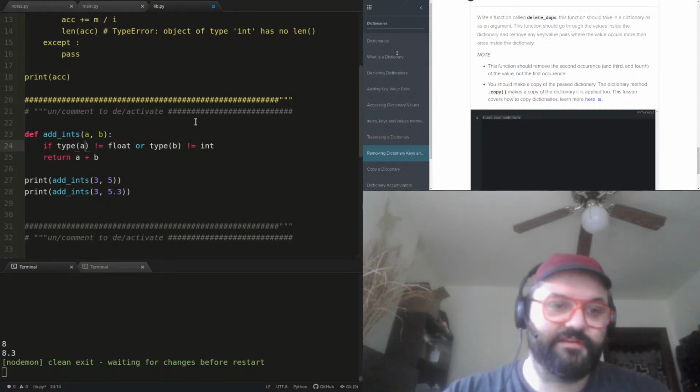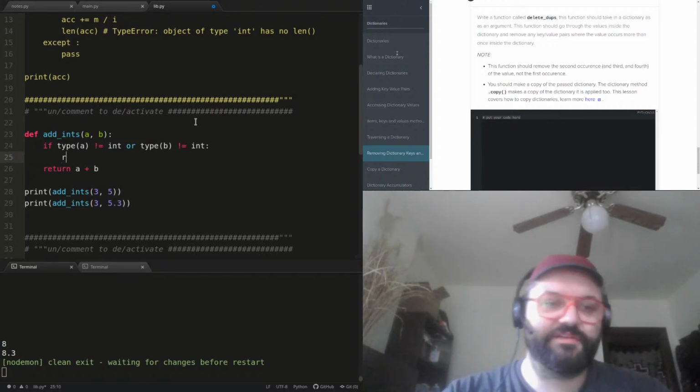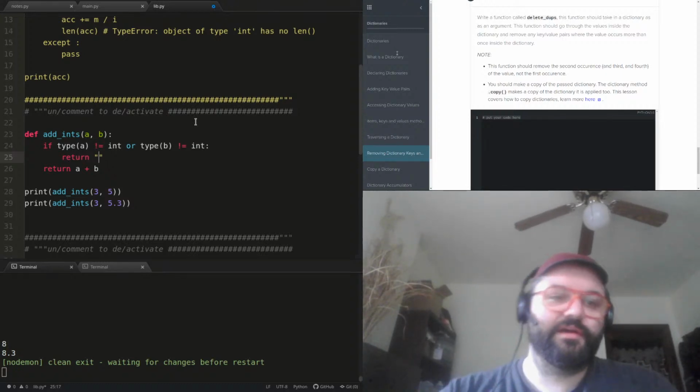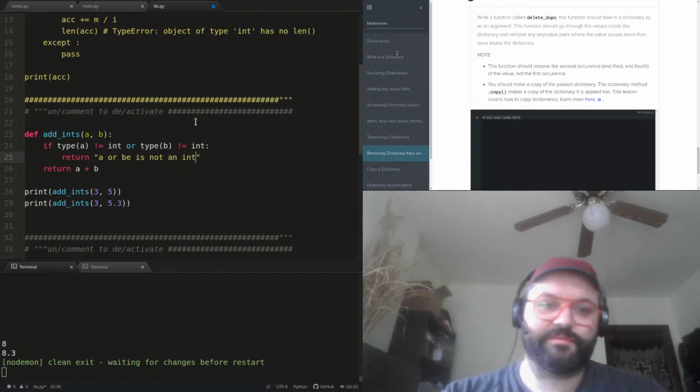So if either type is not an int, then I want to reject it. I could do this and say return. You'll see some code like this sometimes in Learn, like return A or B is not an int or something like that.